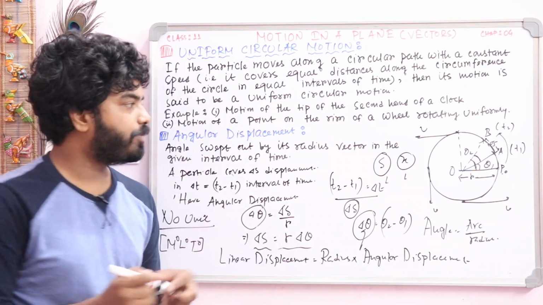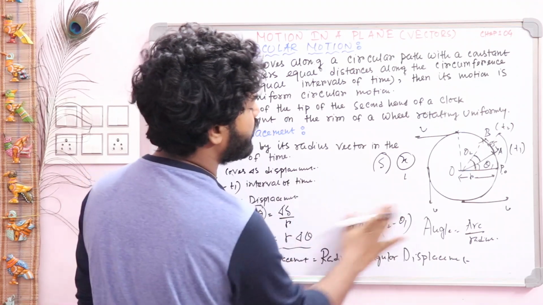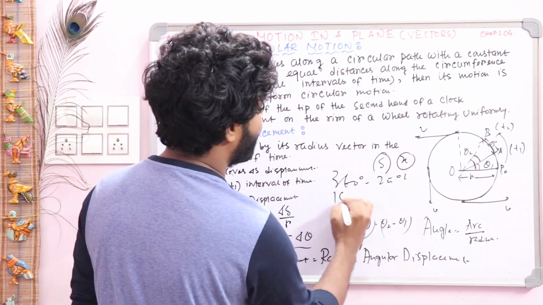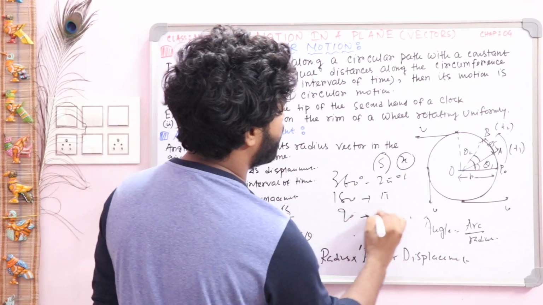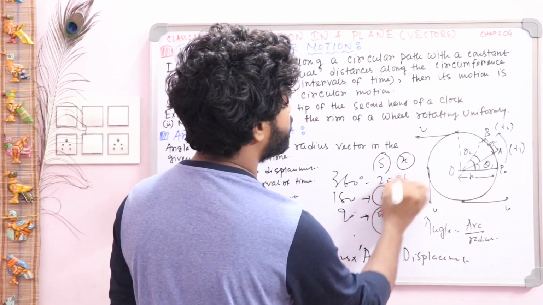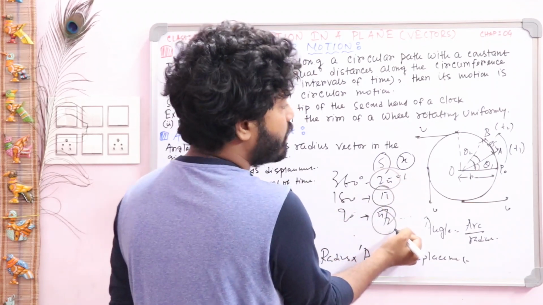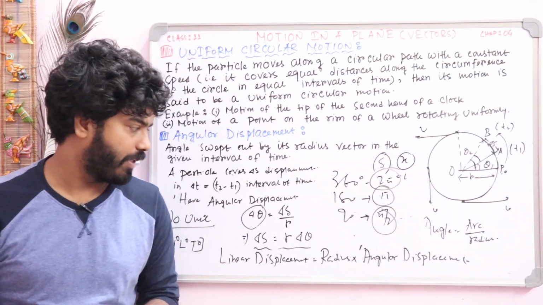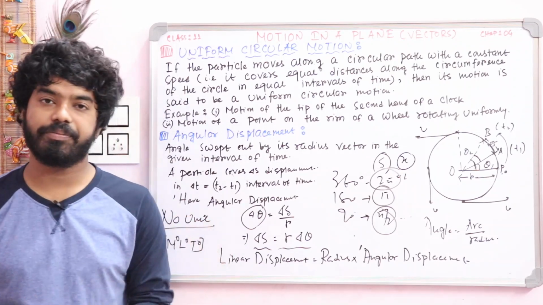Okay, and all of you know about the conversion between radian and degree. 360 degree is 2 pi, 180 is pi, 90 degree is pi by 2. So we will use this value, 2 pi rad, pi by 2 rad. So the SI unit of angular displacement is radian, and the dimension is m0 l0 t0.